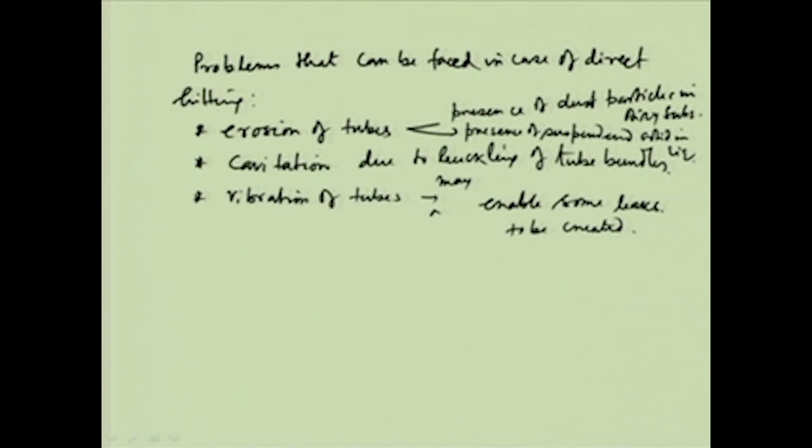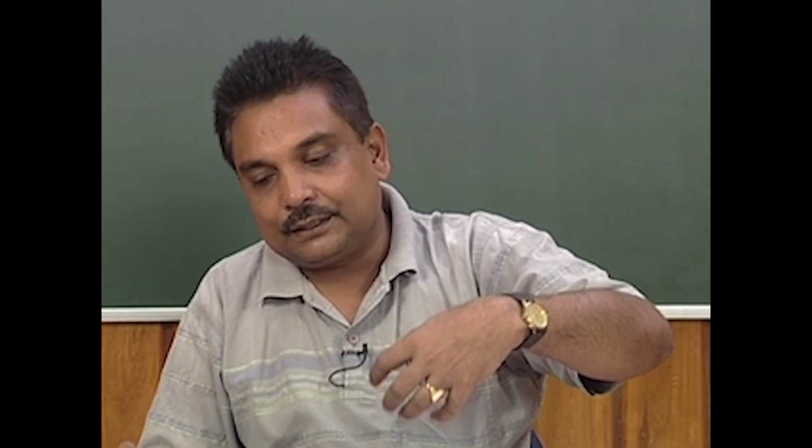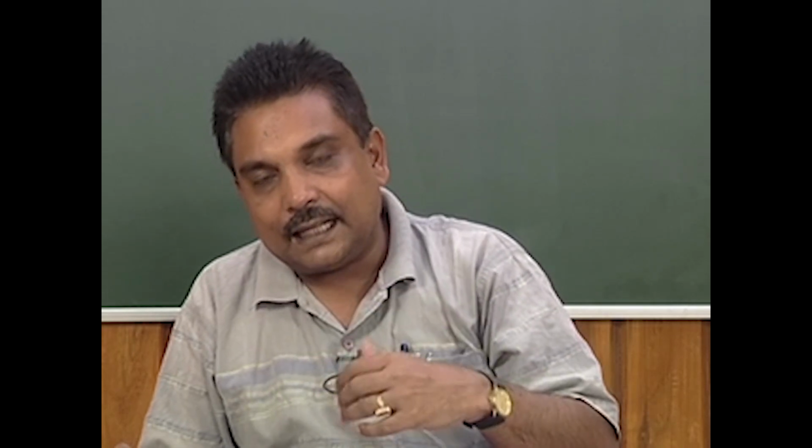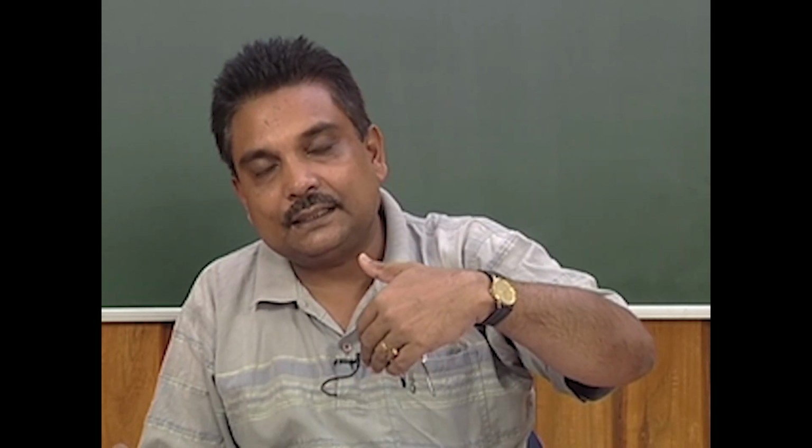So, if it is the liquid that is hitting, then it is the presence of the suspended solids that will cause erosion on the surface, and if some airy substance is entering into the shell side,